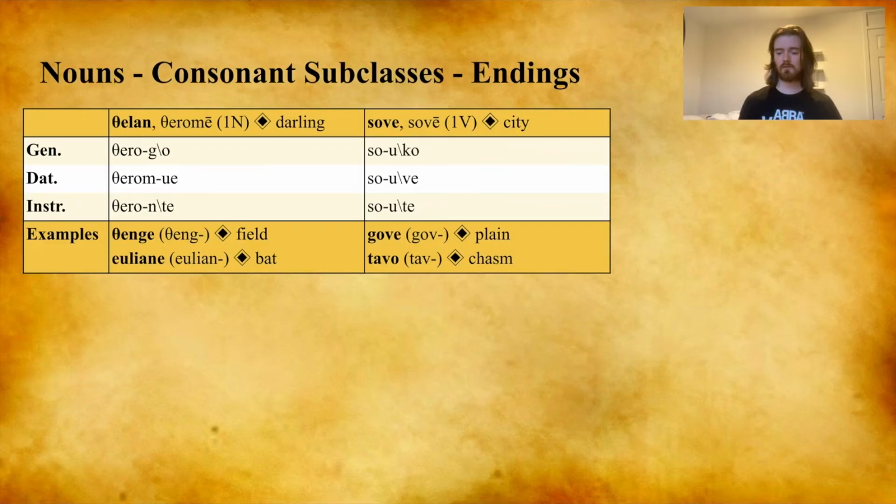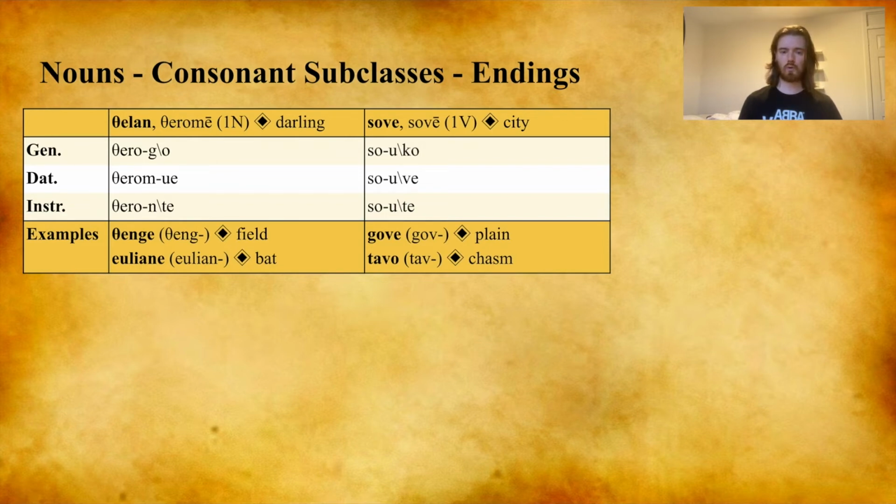Let's now move on to the V subclass, sove, which means city, with the genitive solko, dative solve, instrumental solte. You'll see that in each case the final V of the stem is replaced by the vowel U. A couple other examples are gove, which means plain, and davo, which means chasm, which would have the genitive singulars